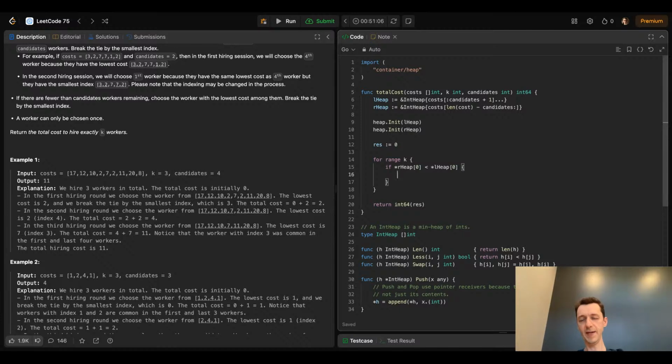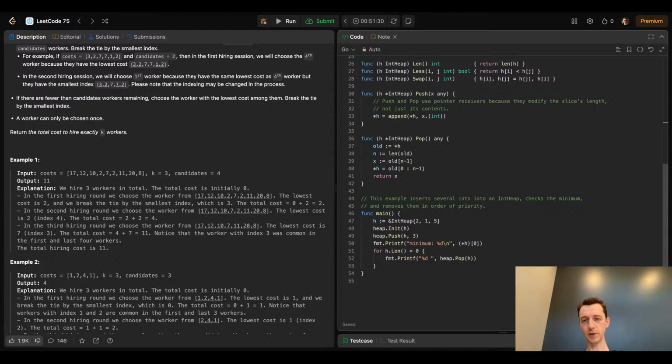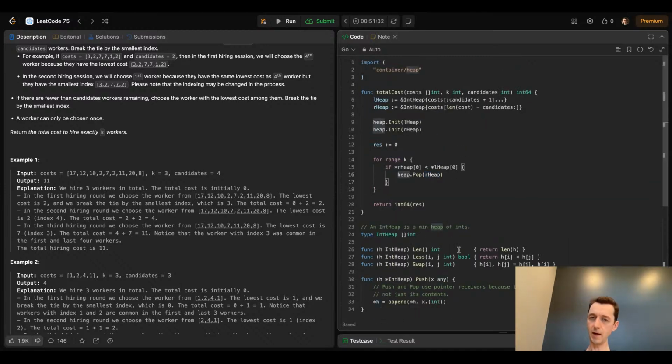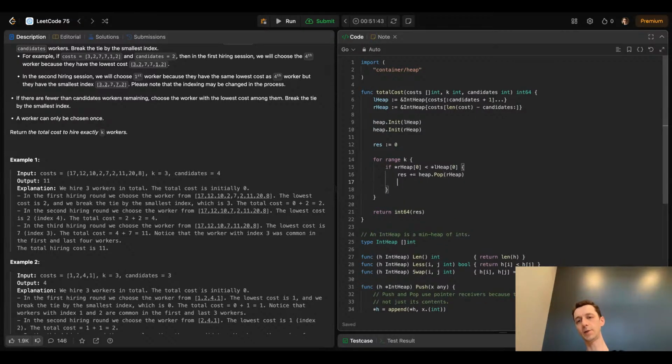Yeah, so basically, if the value on the right is smaller, then we pop the value from the heap. We say heap pop r heap, and we don't need to pass it the pointer. That value will be added to the result, plus we add to the result. And now we need to